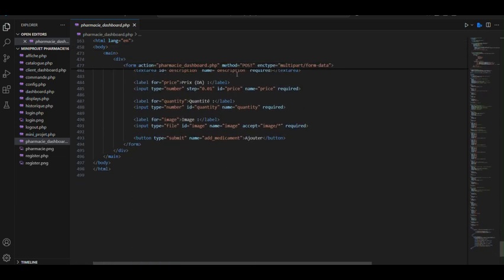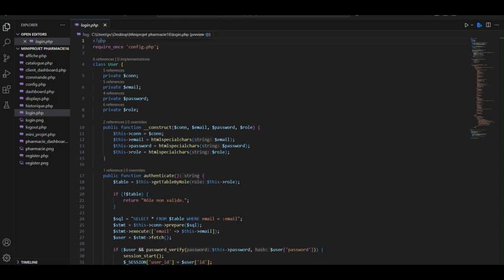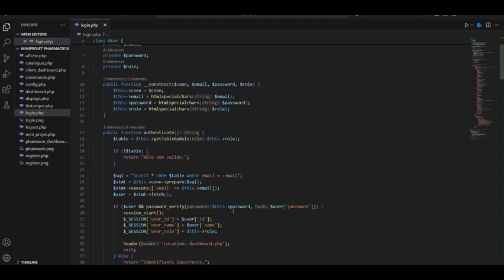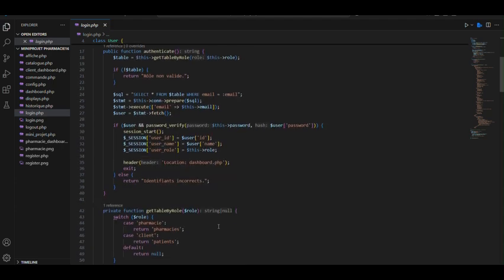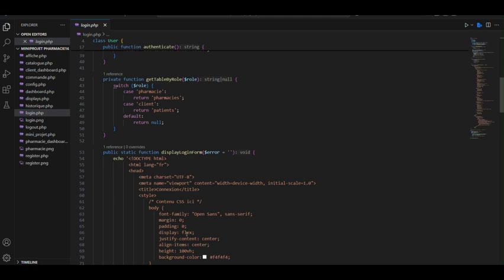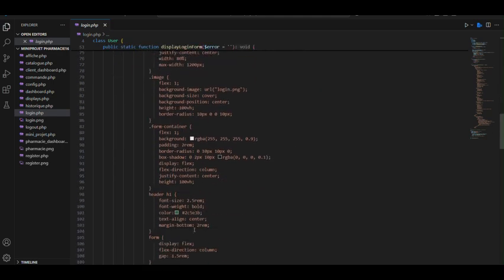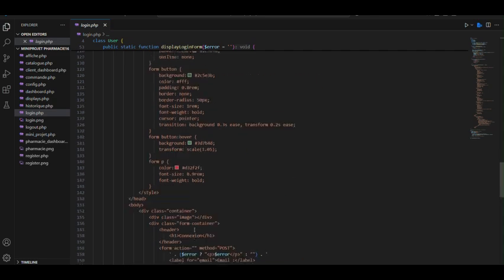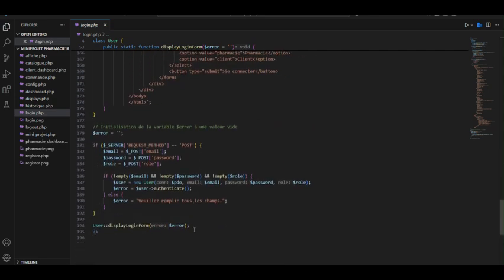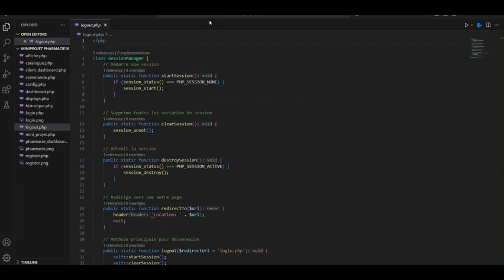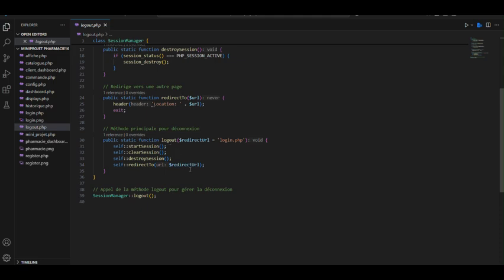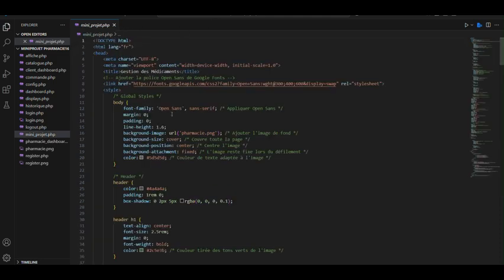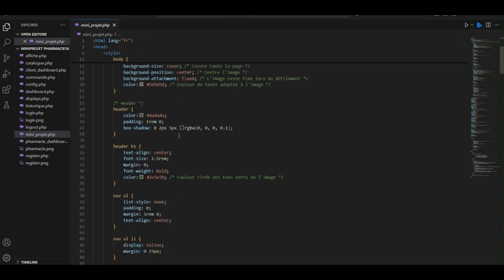It uses a prepared statement to securely fetch the user's data based on the email. SQL injection is avoided by binding parameters. And about the logout page, this class provides methods to manage the PHP session, including starting, clearing, destroying the session, and returning users. About key security features: session validation ensures sessions are only manipulated if active, session cleanup,